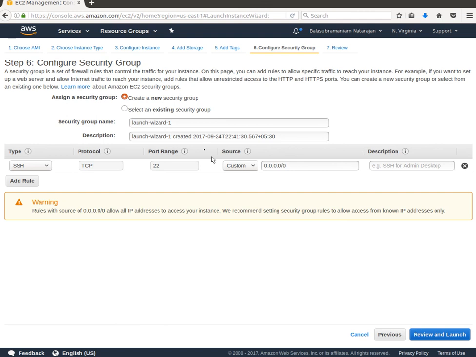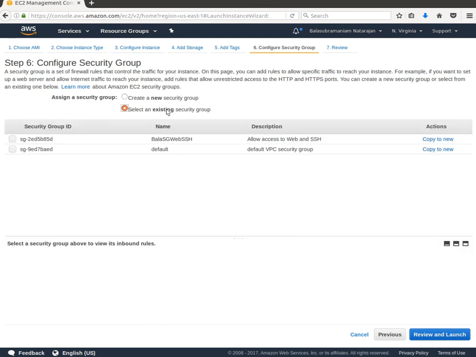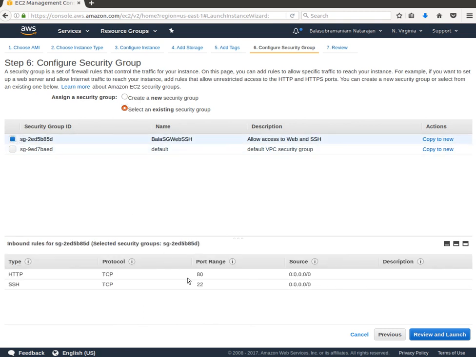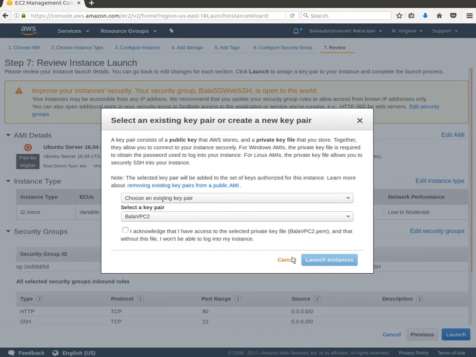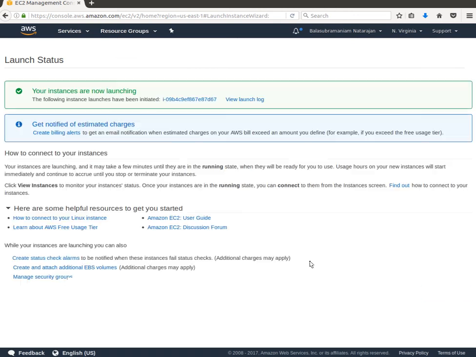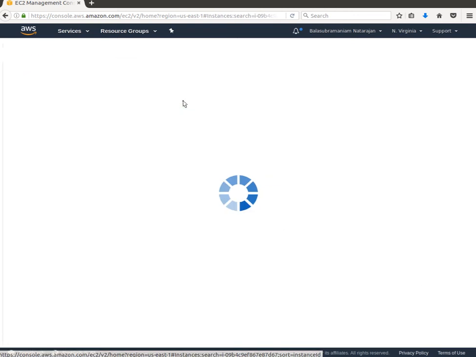Configure security group. Okay, we are going to select an existing security group and not create one right now. So we're going to use this particular security group which says port 80 and 22 allowed. Review and launch. Let's go ahead and launch it. And it says, do you want to use an existing key? I already have an existing key, so I'm going to use that, and I say I acknowledge I have that particular key and launch the VM. So